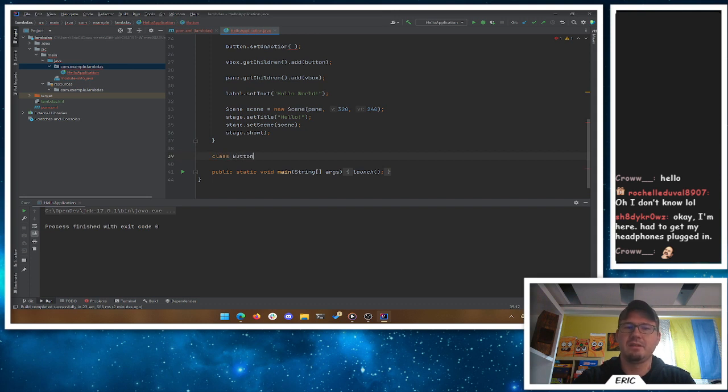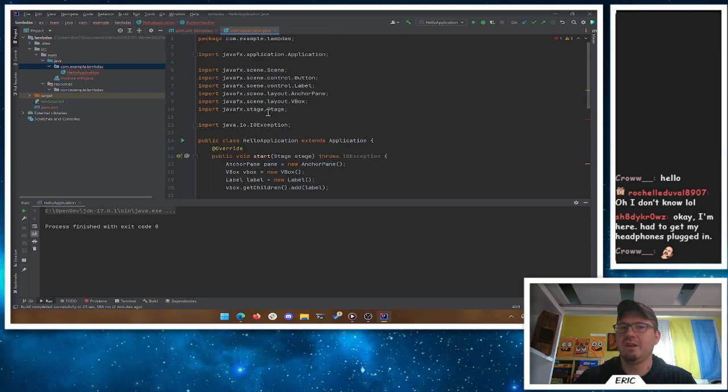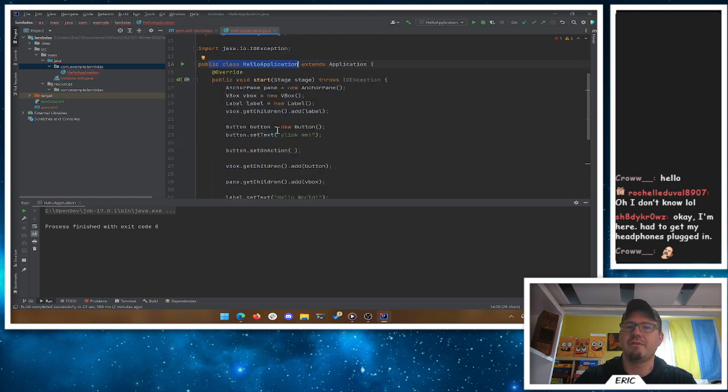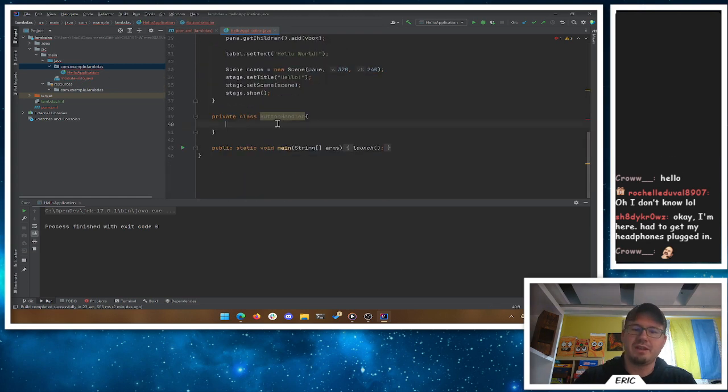This is my button handler. So we're going to put a class inside of a class. Now, this is generally bad form here, but what this means is this will be a private class here. You can only have one public class per file. This is the public class hello application in the hello application Java file. So I can put a private class here, and inside of that I can have a method for